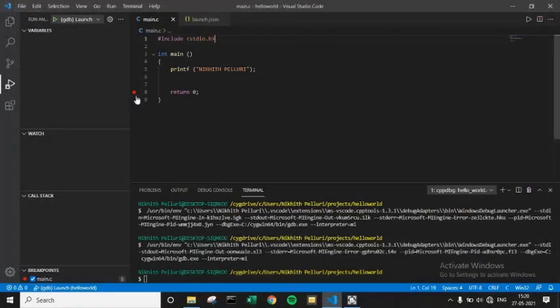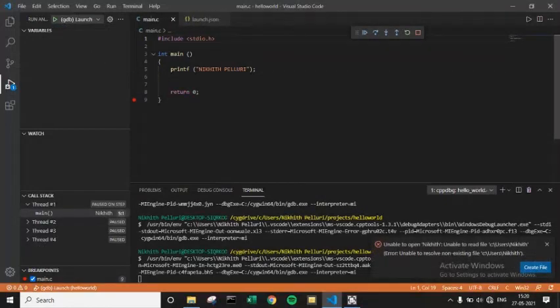So what are these options? Firstly, continue is an option which tells the debugger that you should run until you find a breakpoint. As you saw, when we clicked continue, it stopped on the breakpoint, right? Hence it says that until you see a breakpoint you should run. And next, step over says that you should step to the next line of code.